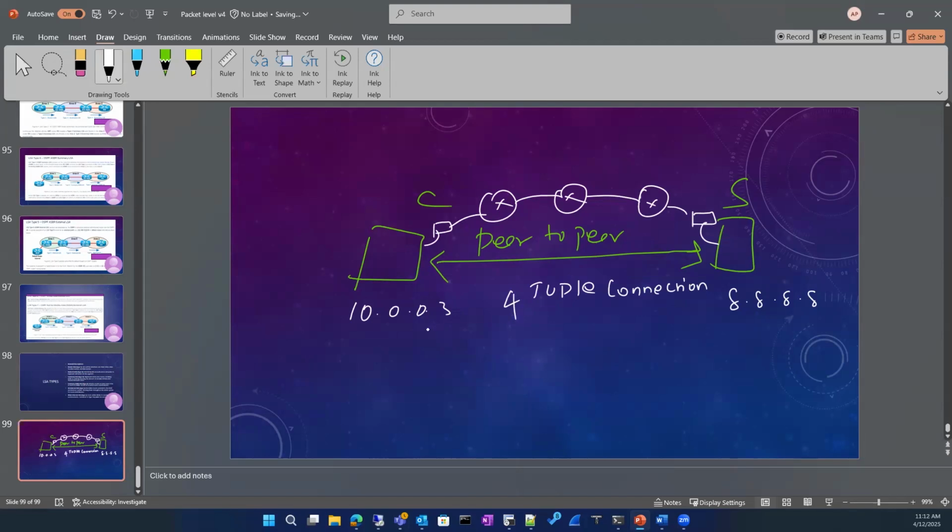Why? What is the focus? What should I see in my TCP connection? I should see my source IP, my destination IP, source port, and the destination port. So here comes the challenge, right? What if somebody in the middle